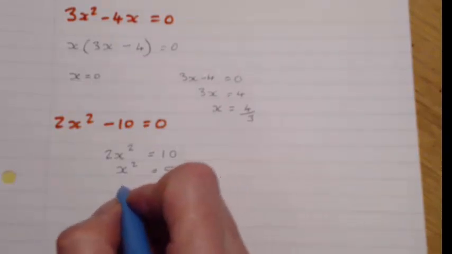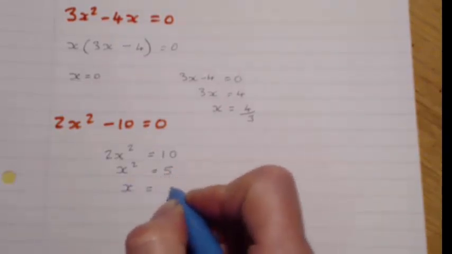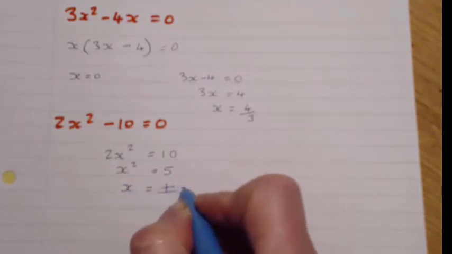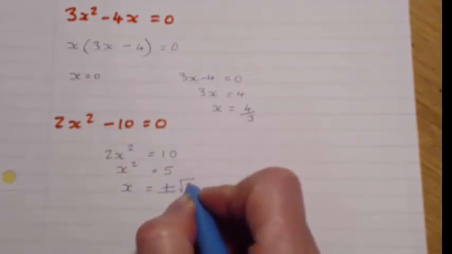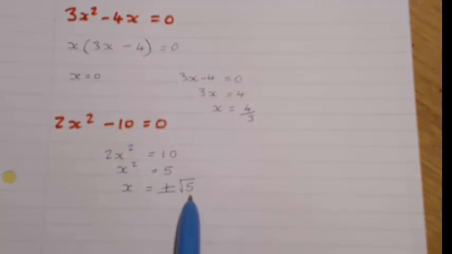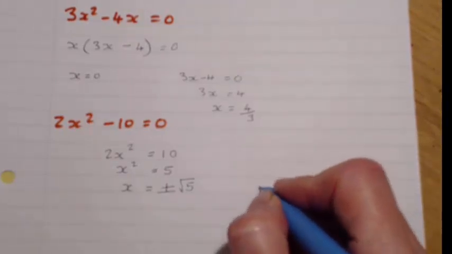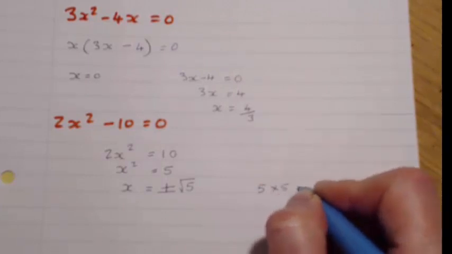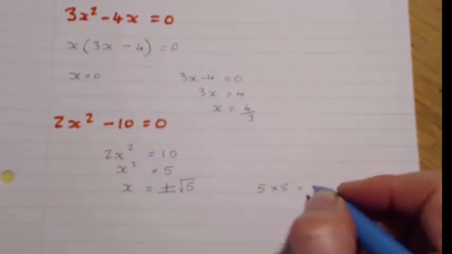So our 2 solutions here are x equals plus or minus root 5, because what we're doing here is taking a square root of both sides. So that makes it x and that makes it root 5. However, every square root actually has two solutions, a plus or minus version. And that's because 5 times 5 is equal to,